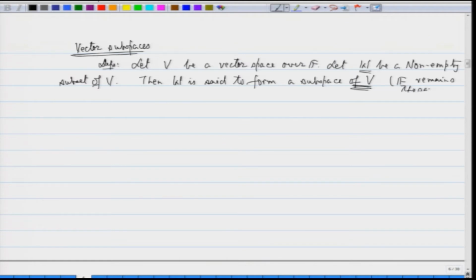I am not allowed to change it, that is one thing. Subspace of V, or V over F, you can again use the word over F, if the